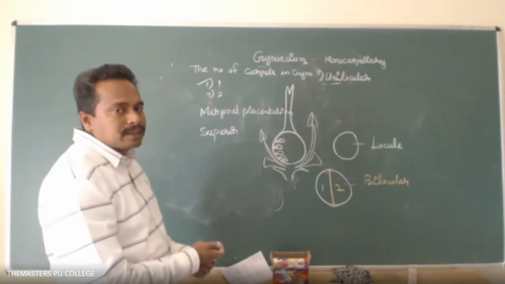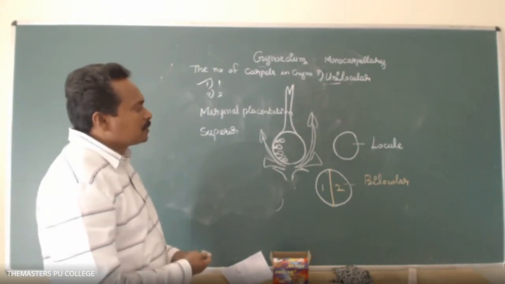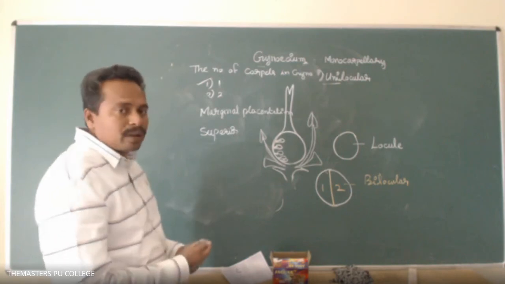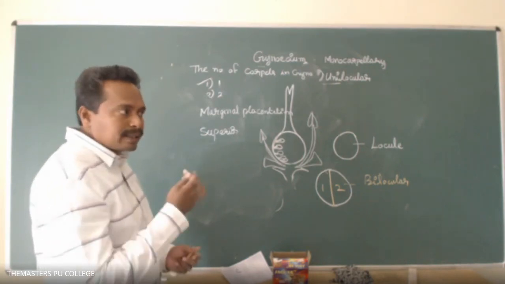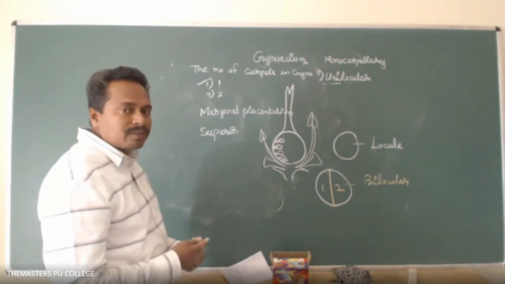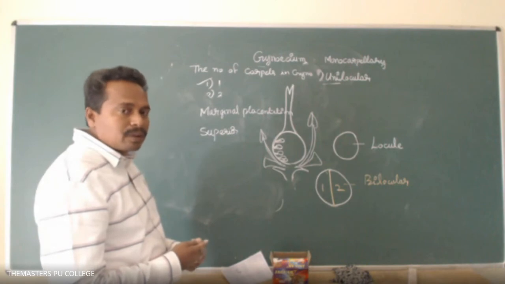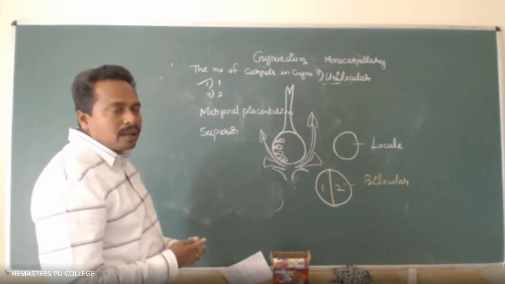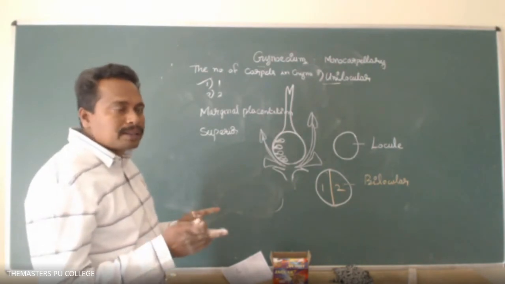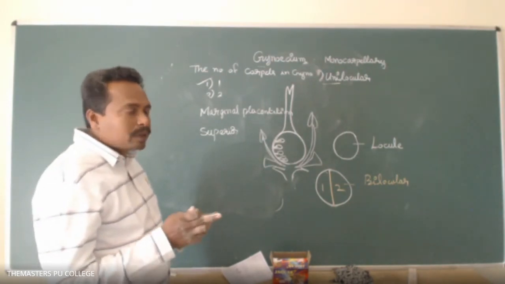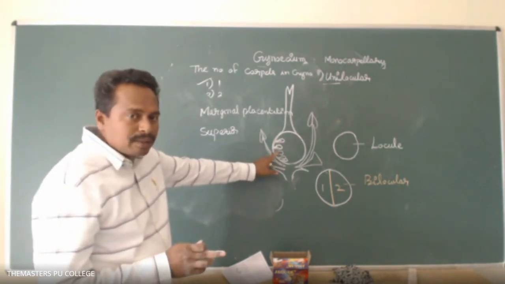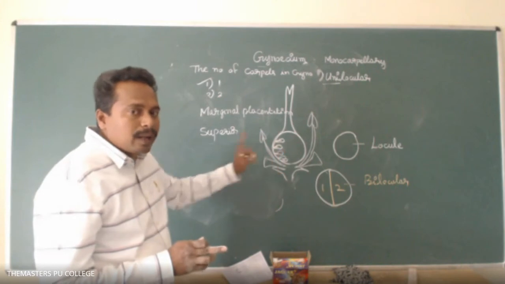Placentation is different, and a false septum is formed, bilocular. But here in monocarpellary, that is, two carpels are present in Brassicaceae family flowers. The gynoecium consists of two carpels, two locular. The placentation is parietal, whereas in the Fabaceae family, the gynoecium consists of one carpel, unilocular. Then what is the placentation in Fabaceae family? Marginal placentation.